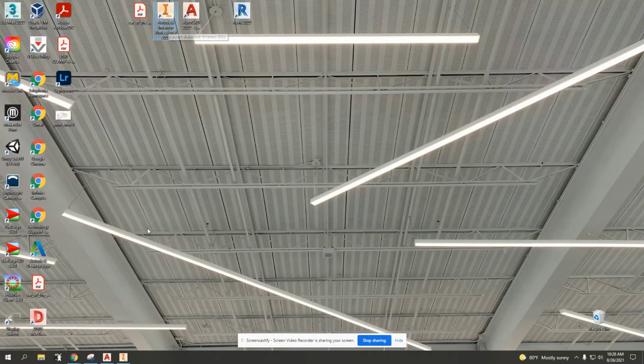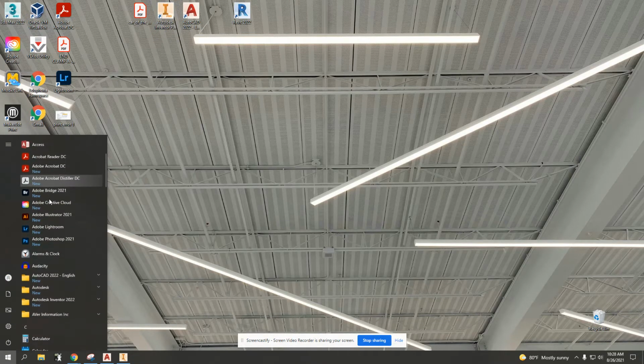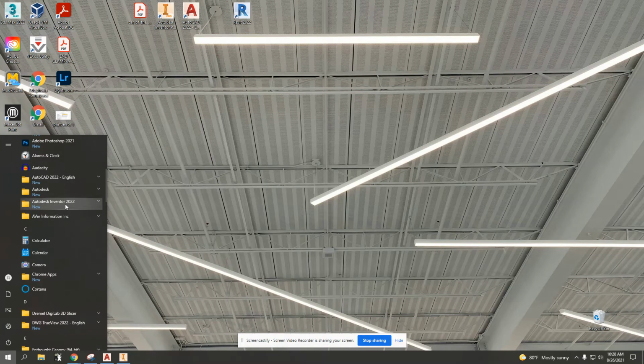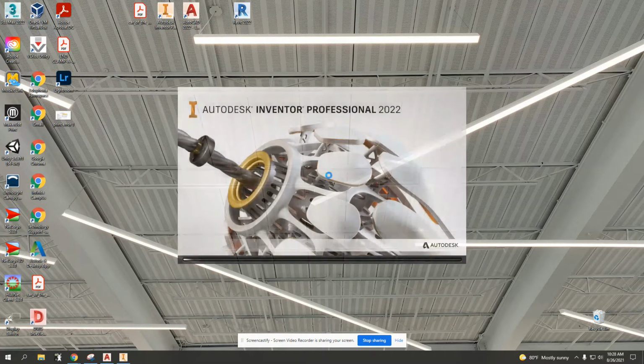If you do not see a desktop icon, you'll probably be able to go down to the Start menu in the bottom left-hand corner and scroll through the list of programs till you find Autodesk Inventor, and there you should be opening up the software. Now, you can see we're getting a load screen here. I already have a copy of this software open, but I wanted to show you what the opening screen will look like. So it may take a little while to load, and when it is done doing so,